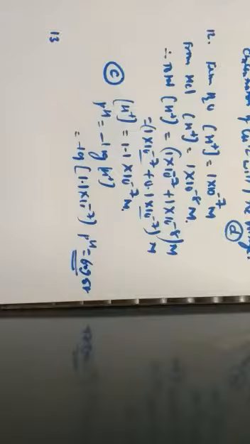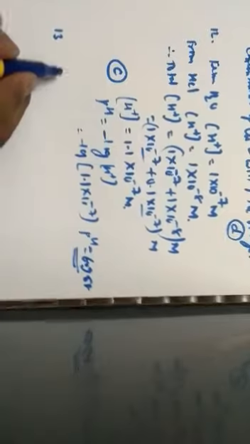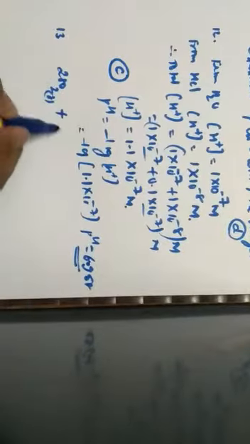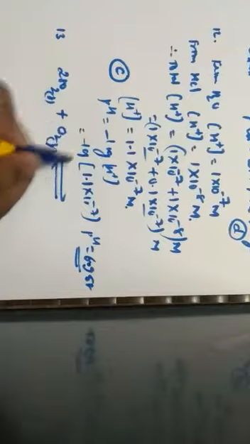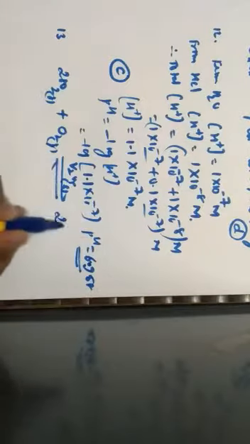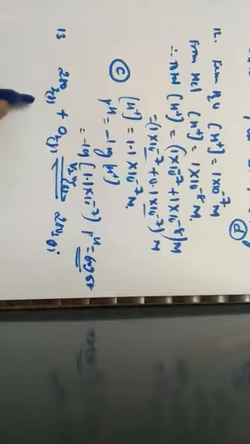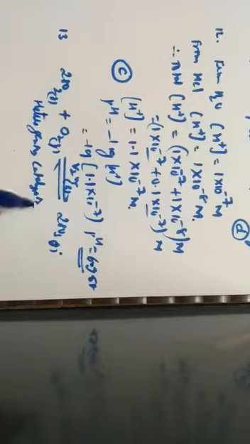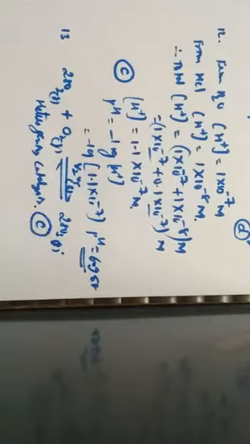When it comes to question number 13, it has been given that SO2 plus O2 in the presence of V2O5 is an example for heterogeneous catalysis. How can we tell that it is heterogeneous catalysis? This is the reactant SO2, and it is subjected to oxidation. Here the catalyst V2O5 exists in solid phase. So the reactants and the catalyst are in different phases, which gives rise to SO3. Hence, this is an example of heterogeneous catalysis, which is given by option C.